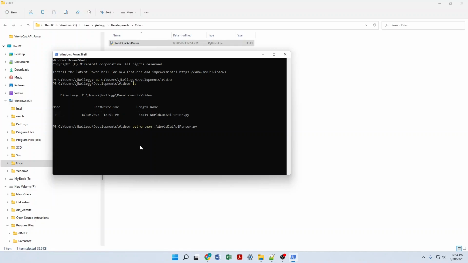And if you're using Linux, instead of python.exe, you're going to want to use just python3, and that'll do the same thing as what the executable Windows file will do. But I'm just going to change this back to exe. It's not going to work if you don't. And if I go ahead and hit enter,